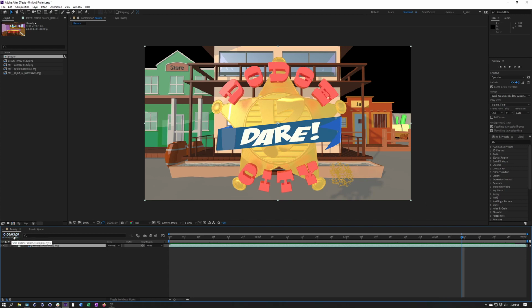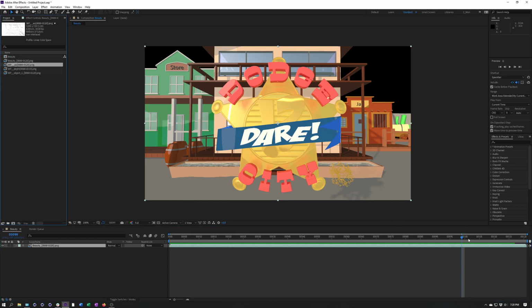Roughly 3 seconds, 9 frames in. I actually prefer to see the frame numbers large, and if you can see that, it says control click for alternate display style. And so it might be a different combination for a Mac, but if I control click, now I'm seeing the actual frame number I'm on. And so I like working this way because this typically lines up a bit better with our preview range from Cinema 4D. Okay, so with our beauty pass in place and us around frame 99,